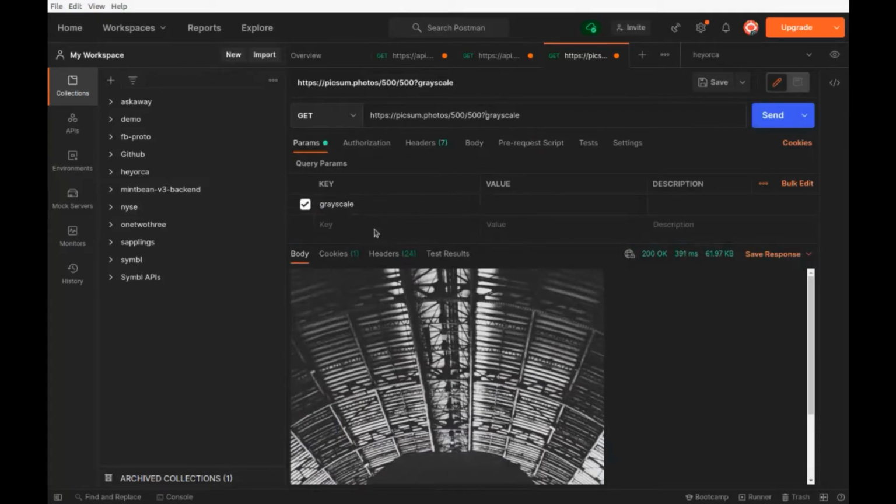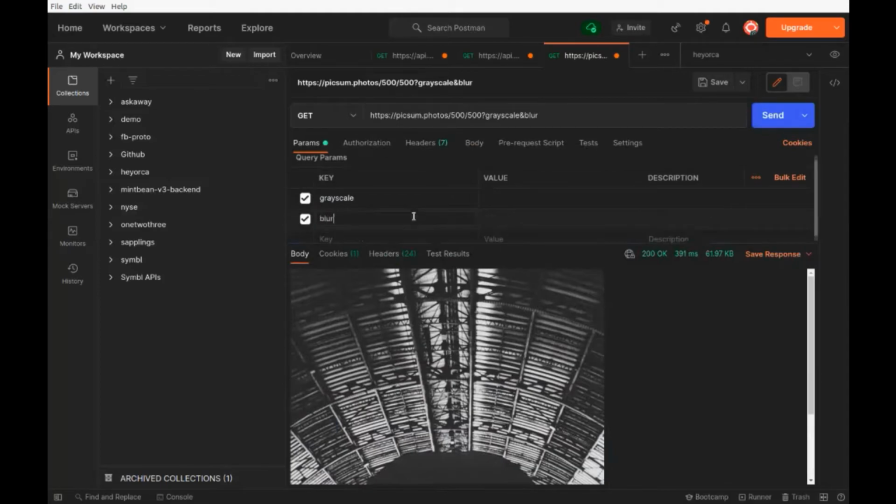And this is nice because sometimes you have a very long request URL with a ton of query parameters, and there's a lot of question marks and a lot of ampersands, and it's hard to organize yourself. But with Postman, you can have multiple keys. For example, we can even add the blur one that's in the documentation as a second key. And they said you can use different values. We'll go ahead and try 2. So you see I've added a second query parameter, and Postman very kindly puts the ampersand here, which is almost like a comma in your query parameters,